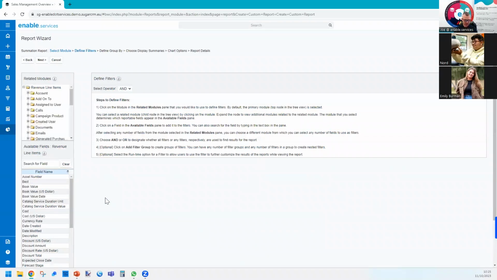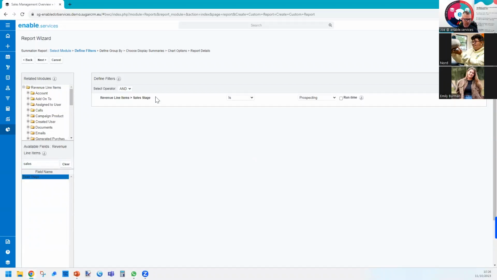So revenue line items, you can see upon selecting that module, I've now got my group by. Okay, what am I grouping this by? Well, in my case, I'm going to group it by sales stage. Again, available fields for revenue items, sales stage. What is my sales stage? Well, I'm actually going to say where I want to create an opportunity sales stage. I don't want to care about the closed lost or the closed ones. So I'm going to is not one of,